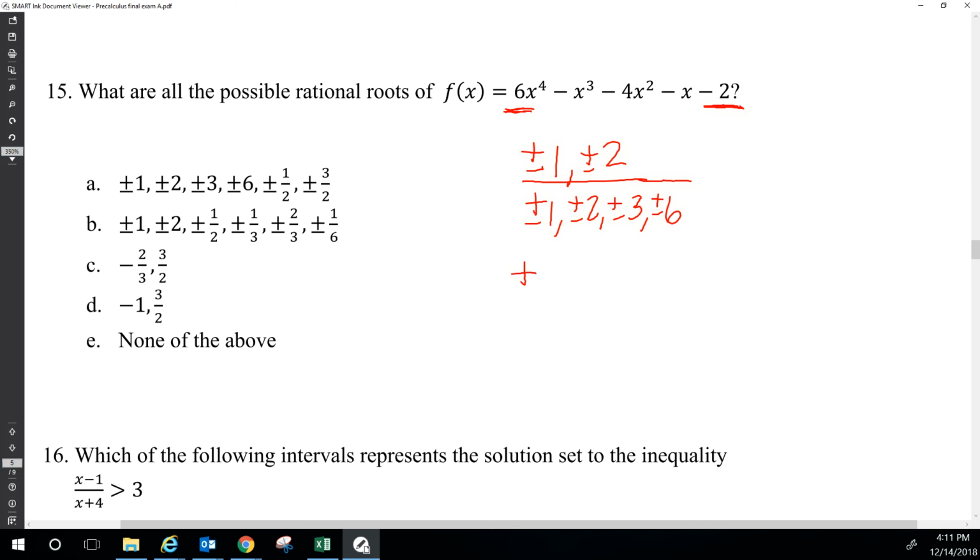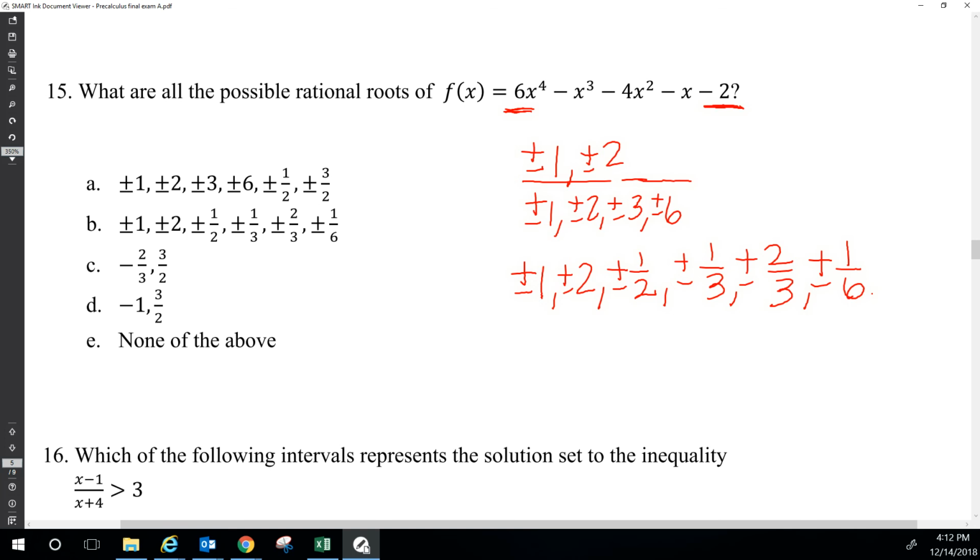So I've got plus or minus 1, plus or minus 2 over 1, and then plus or minus 1 over 2, which would be 1/2, and plus or minus 2 over 2, but that's 1, and we've already got it. Then plus or minus 1 over 3, plus or minus 2 over 3, and plus or minus 1 over 6, and then plus or minus 2 over 6, but that reduces down to 1/3,